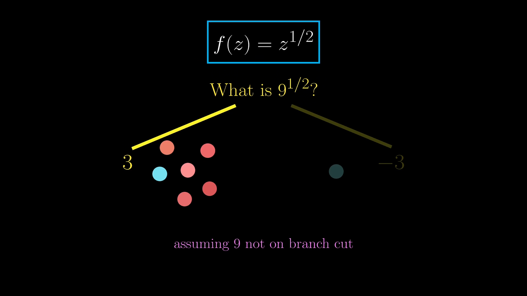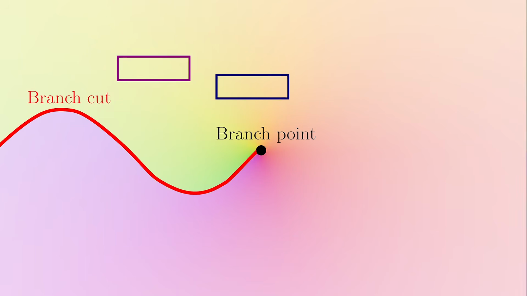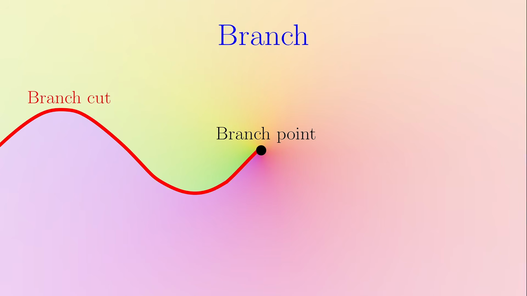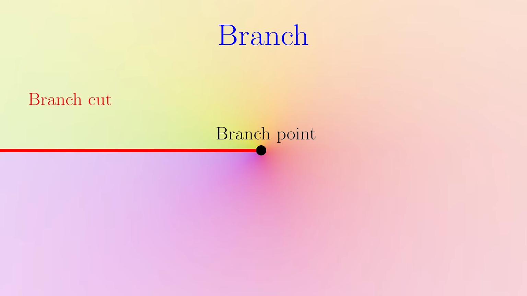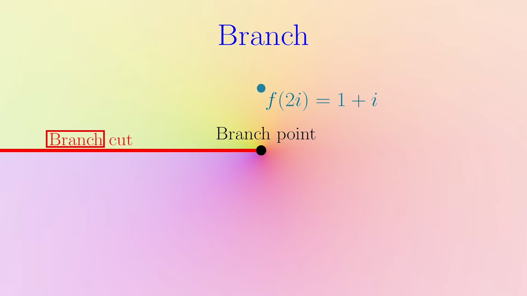So what we said before was just that this process of choosing colors could not be done throughout the complex plane. The branch cut is where the colors would abruptly change. But apart from the cut and the branch point, everything's alright. That's the most we can do. The corresponding function is called a branch of the square root. But notice that I say a branch, because this is also a branch. To specify which branch you are talking about, you have to state where the branch cut is and the function value at least one point.